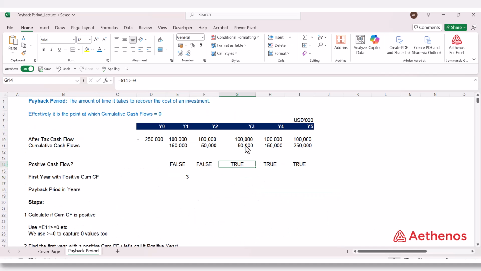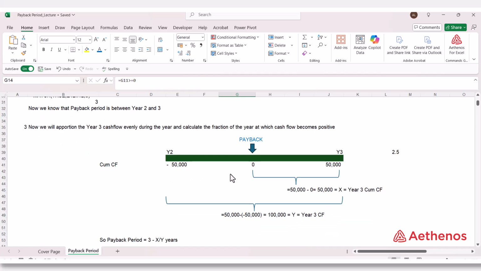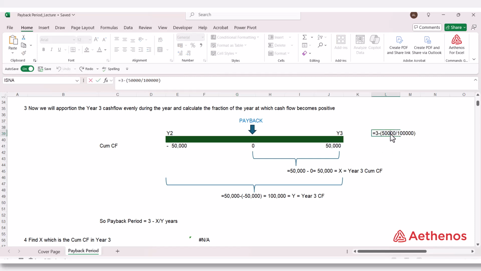Then at the end of year 3, I know the cumulative cash flow has become 50,000. So its break-even point, or the payback period, is between year 2 and year 3. So again, if I come down here, earlier we manually calculated the payback period here. If I take this whole period from year 2 to year 3, so we can say this proportion